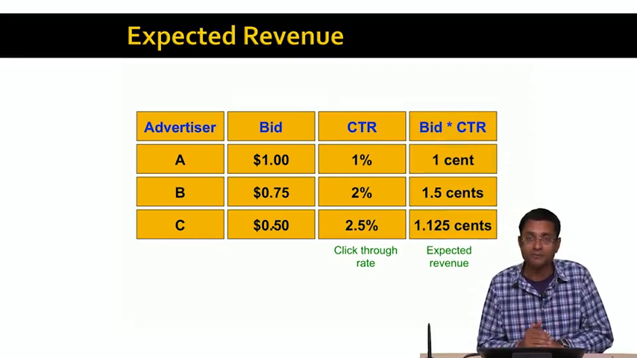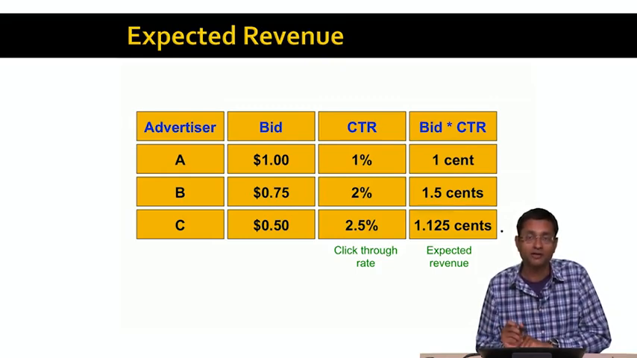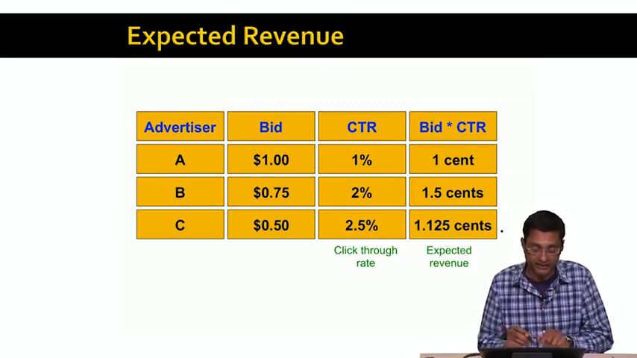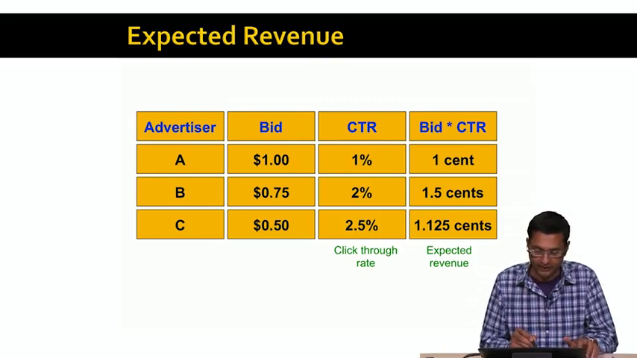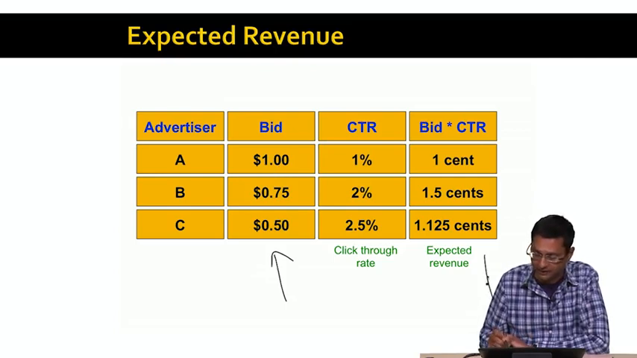And so we can go ahead and compute the expected revenue for each advertiser by multiplying their bid and their CTR. And in this case, we find out that the expected revenue for advertiser A is 1 cent, the expected revenue for advertiser B is 1.5 cents, and the expected revenue for advertiser C is 1.125 cents, right? Now, the important innovation that Google did beyond the model that Overture had introduced was to notice that it's much better to sort advertisers by expected revenue than it is to sort them by bid, right? So when you sort by bid, you place advertiser A first, whereas when you sort by expected revenue, you observe that advertiser B is actually a much better advertiser's